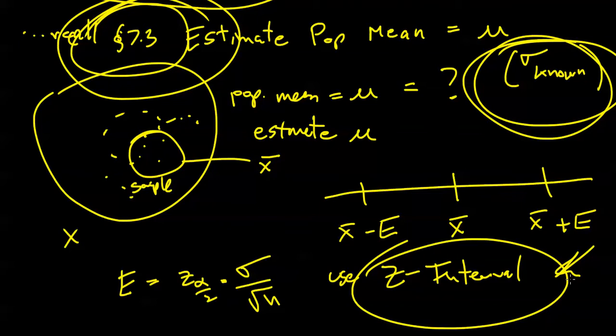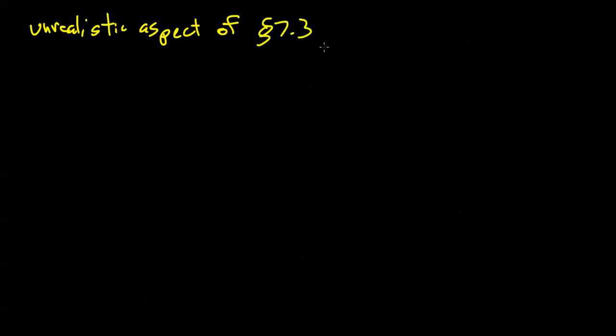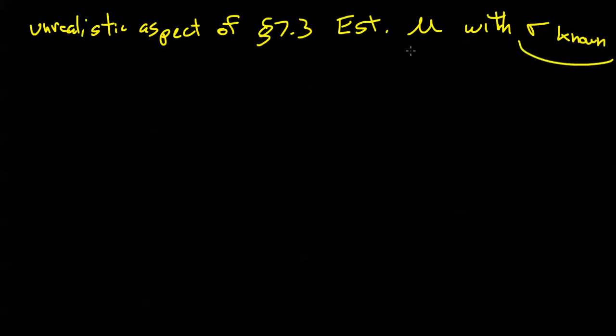Alright, one thing I want to jump on now before we get too far in section 7.4, there was an unrealistic aspect of 7.3. And I'm going to fill you in on this now because 7.4 is designed to deal with it. We estimated mu, population mean, with sigma known. But if sigma is known, that means you know what mu is. Right? So let me write that down. Sigma is known,